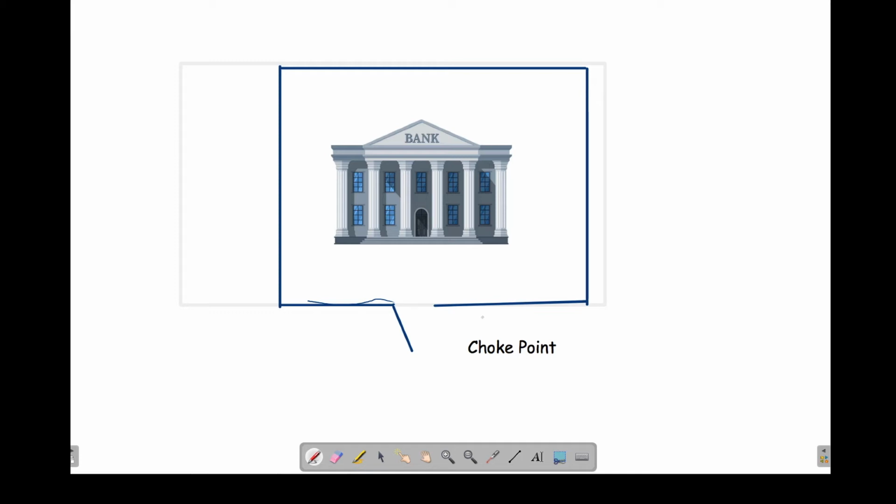We keep a compound wall like this, and also we keep a gate here, and then create something called a choke point. We're trying to make sure that all the people enter the bank or leave the bank only via this particular compound wall. If there's no compound wall like this, then we don't have any control as to who's entering or leaving. We keep a compound wall first of all, we also keep a gate here, and create something called a choke point.